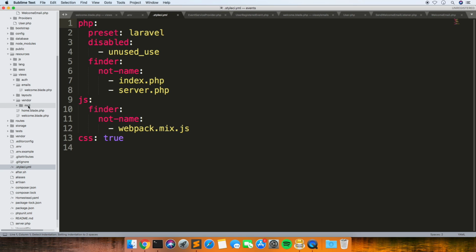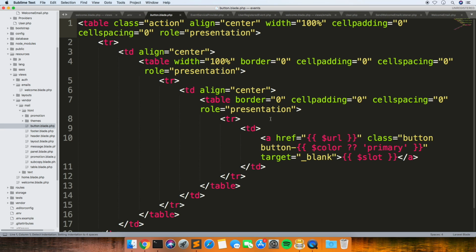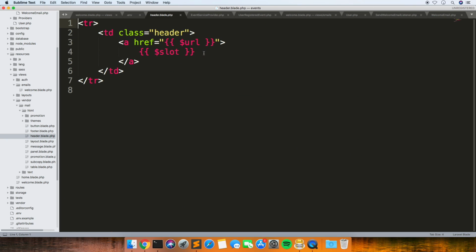we now have this vendor folder, and then these HTML files are literally just what you use. So like we had that button in our email, you can just edit the button by editing this HTML, and every button that you do from then on will look like this. The header, so that's just our website, and then what we put in our .env file. So if you wanted to do a different header, you could just do it all in here, and every email that you send out as a markdown will look the same. It's a nice way of getting all your emails to look consistent as well.